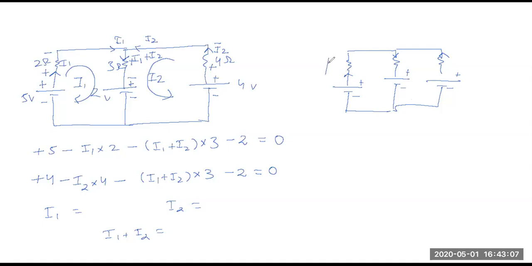Now current is flowing this way. So current flows from higher to lower potential. So this direction. Now here current flows this way. From higher to lower potential current flows. So this will be the direction. And here current flows this way. So this will be plus, this will be minus. Now first define the direction. Now if you will go in a loop, what will happen?